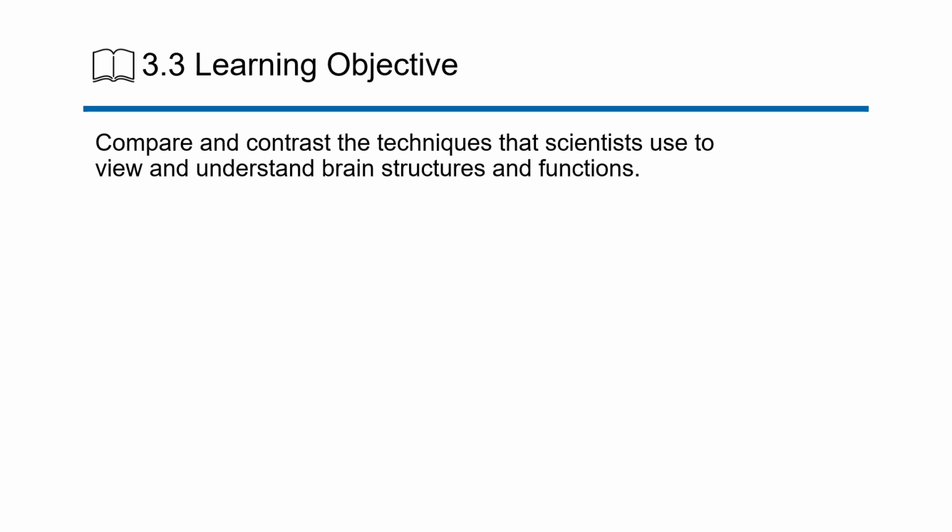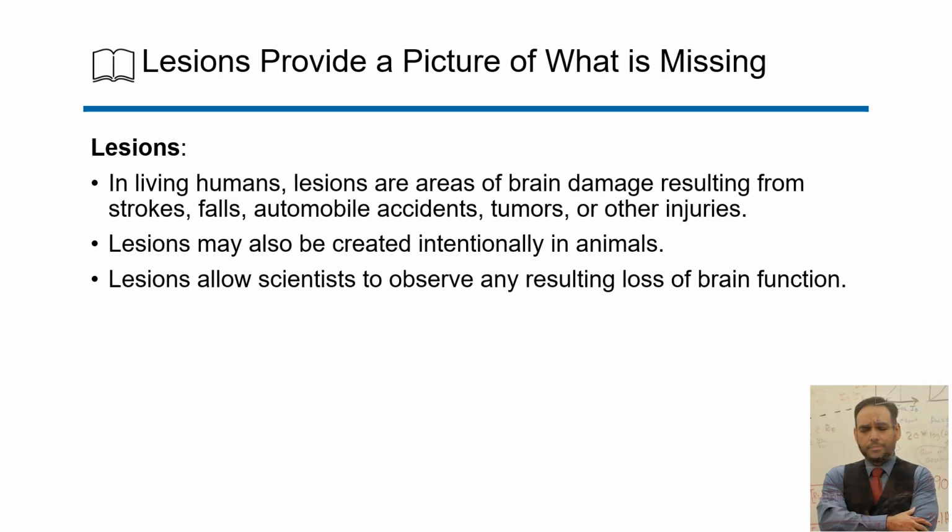All right, welcome to the next section, 3.3, for the chapter on biological psychology. In this section, we're going to compare and contrast the techniques that scientists use to view and understand brain structures and functions. This will be a very short section. Let's go ahead and talk about